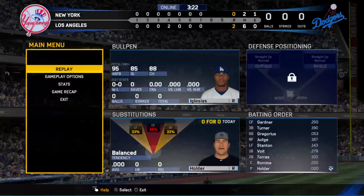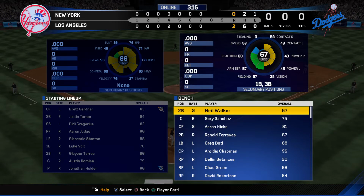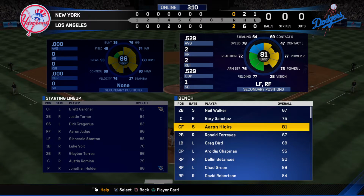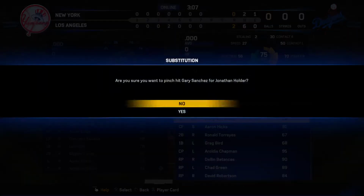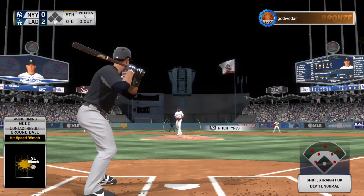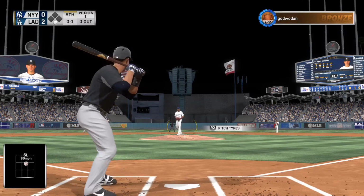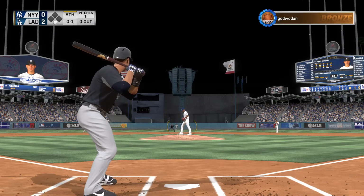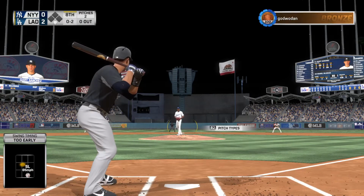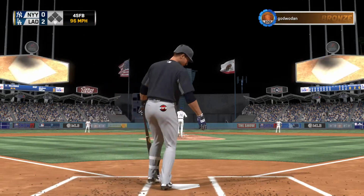Jonathan Holder. Gary Sanchez is going to be asked to get things going here as a lead off the top of the 8th. Gary Sanchez. Leaves a slider right over the middle. Oh, that's for sure going to be a pitch he wants back. You're not going to get many balls right in the wheelhouse from a top-level arm like this. And he gets him to swing through that one. He's in control, 0-2. Now the fastball is right by him as he swings and misses for the first out